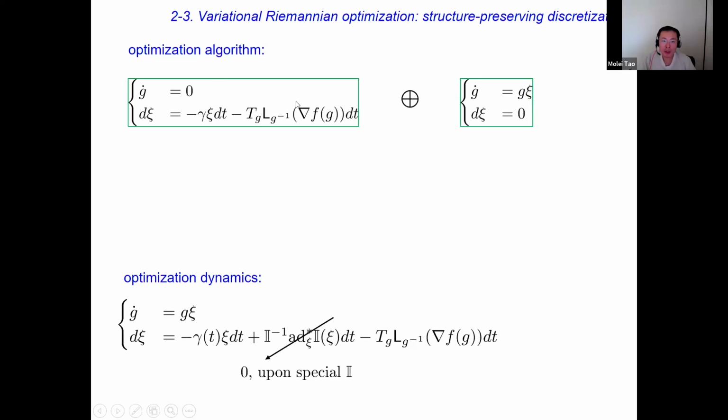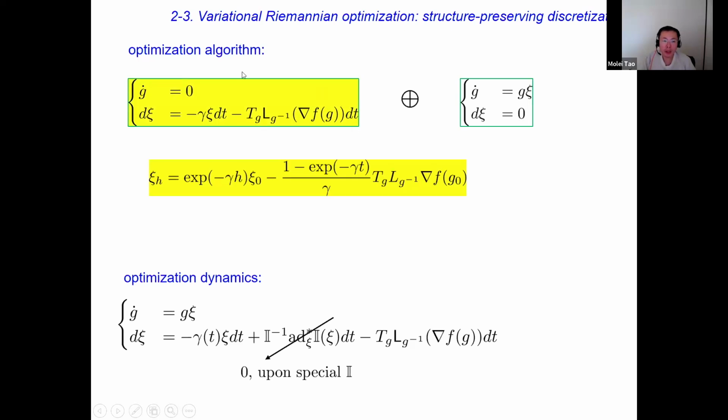So we use an operator splitting scheme. We write the vector field as the sum of two vector fields: this one with G dot equals 0, and this one with Kc dot equals 0. The great thing about the first dynamics is that even though this forcing term is as nonlinear as you want, G is a constant, so this forcing is actually going to be a constant. So you can write down the analytical solution to this equation. It'll be basically given by the solution to a linear SDE. Similarly, the second equation is linear because it's going to be a constant.